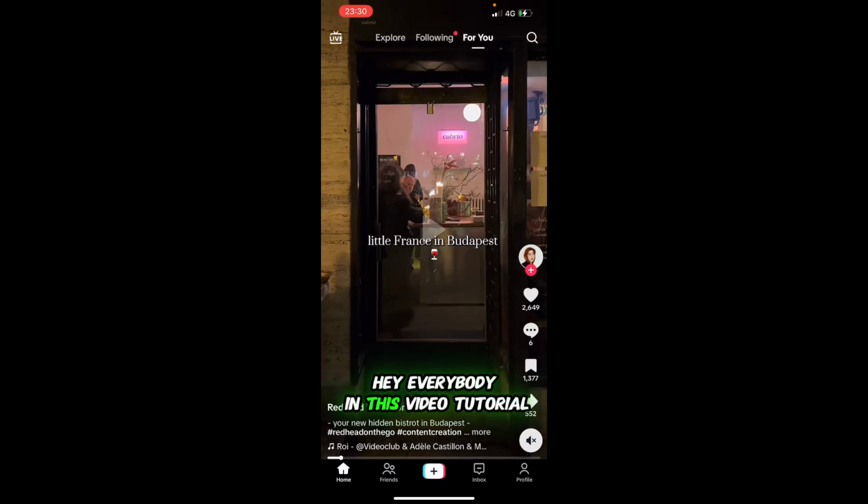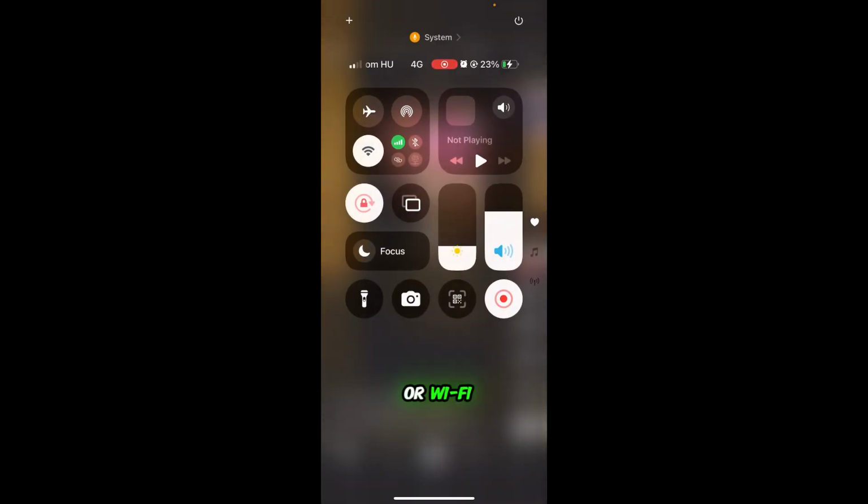Hey everybody, in this video tutorial I'm going to show you how you can fix the TikTok lag when TikTok is slow or is not responding. So the first thing you can try is you need to check your connection, whether you are on mobile data or Wi-Fi. If you are on Wi-Fi, you should probably change because mobile data can be stronger and this may